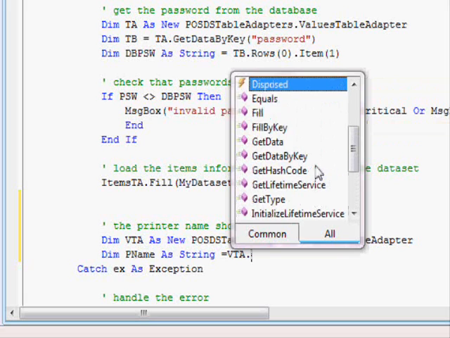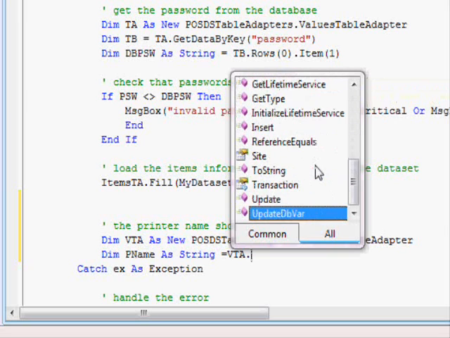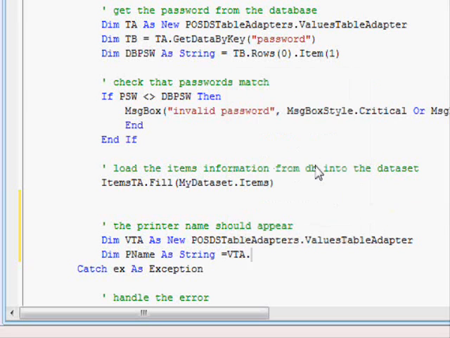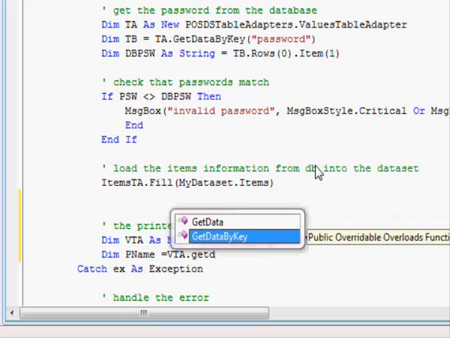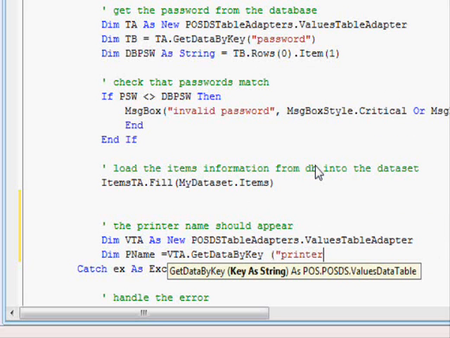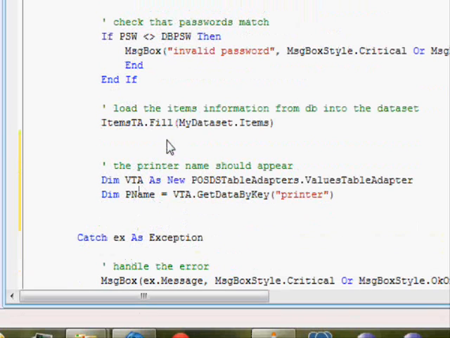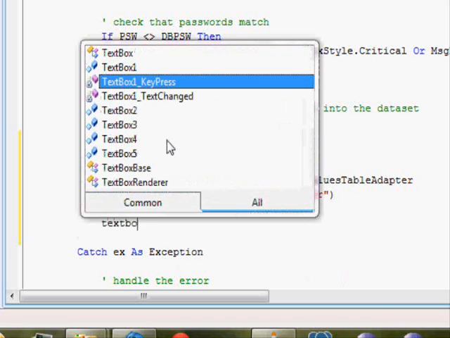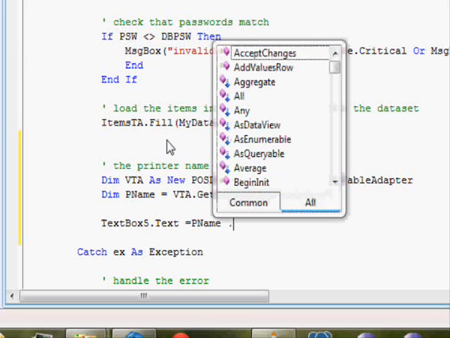Update string insert. Okay, no problem. Never mind. Dimension pname, that GetDataByKey. I'm gonna use that. Key as string, and this is gonna be printer. There we go. So here we got the printer name inside a table. We need to display that. So textbox5.text equals pname